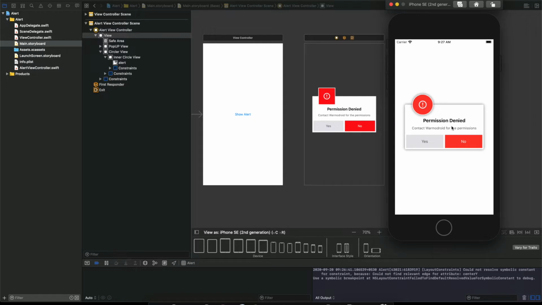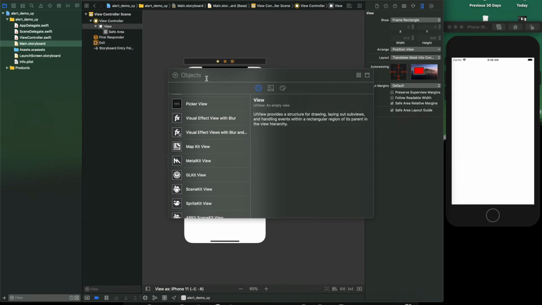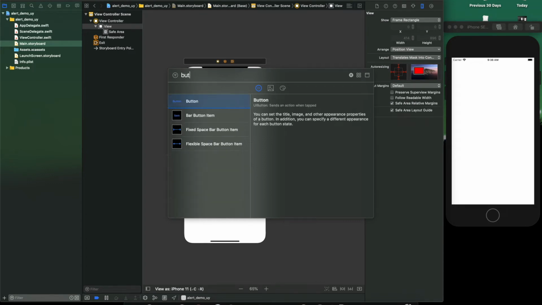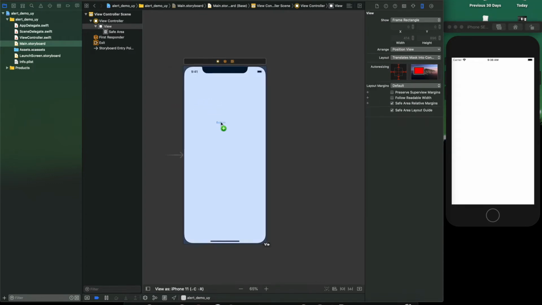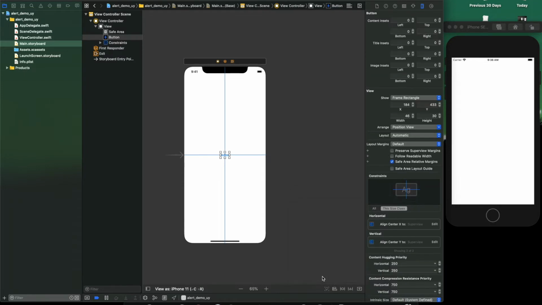So let's get started. Go to the main view controller, and let's give a UI button there so that we can trigger our UI alert. Okay, so just drag and drop one button here, and give some constraints so that it will not give any error.